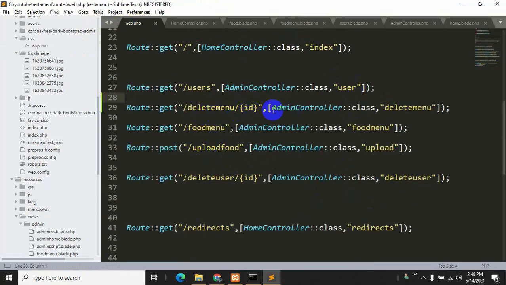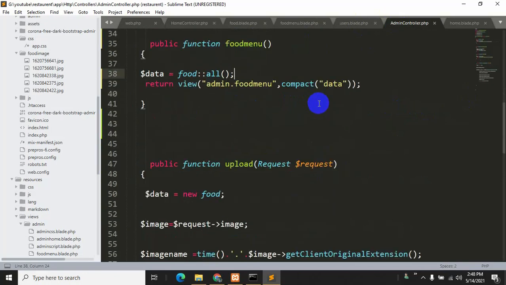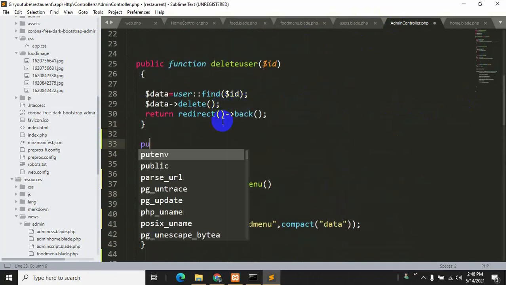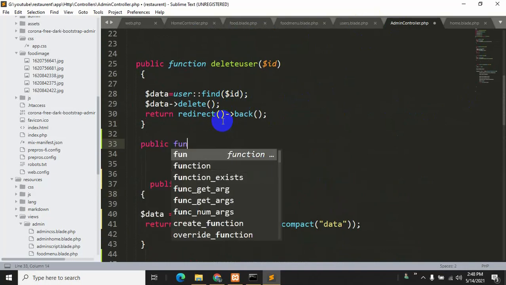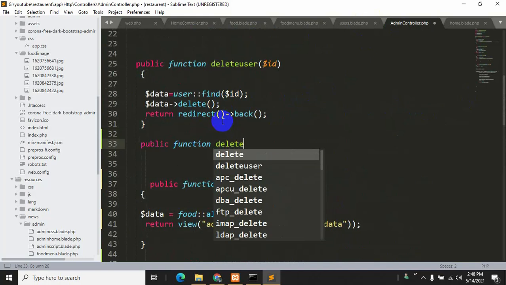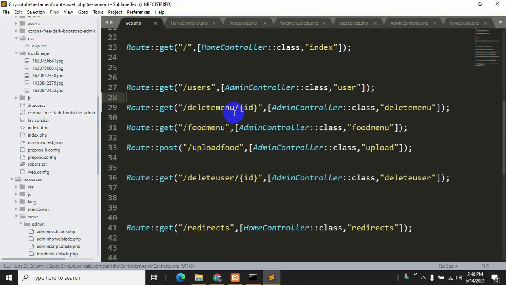Okay, then we need to go to admin controller and create this delete menu function. So let's go to admin controller, and let me just say over here public function delete menu, and inside it we need to say $id, which will actually send from here.